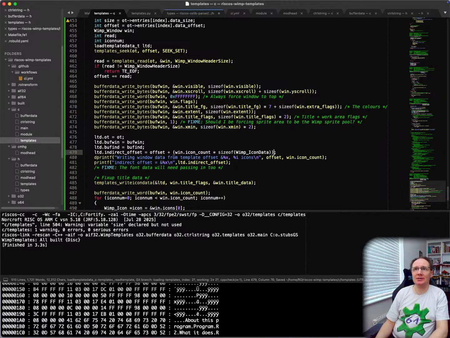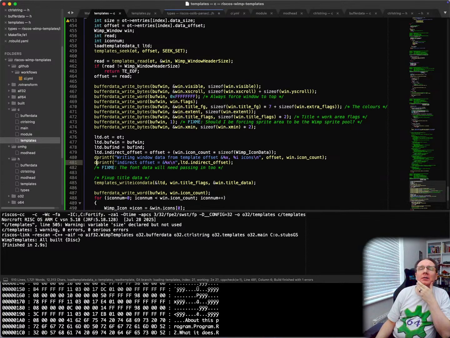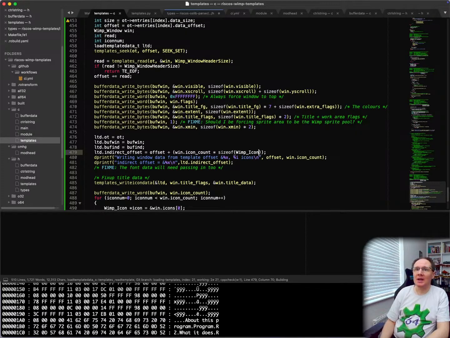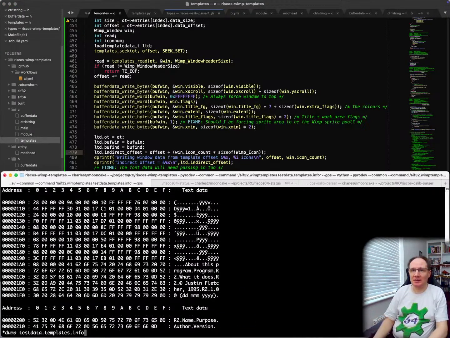I know that that is correct, but I'm just going to do it anyway. Indirect offset there. No, not size of icon data, size of icon, because icon data is just the texty bit at the end, not the whole chunk of the data. So if we now run that again,